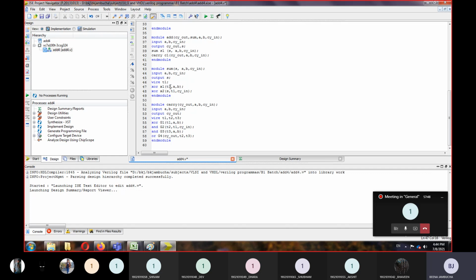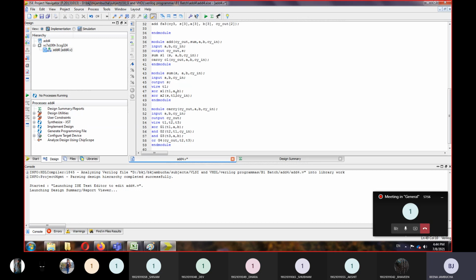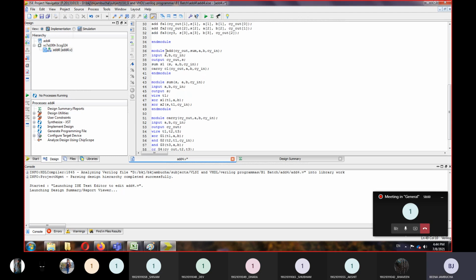Whatever the output is there, it is again XORed with the carry in, giving the output of S, and end module. Now these 2 modules are combined to make one full adder here in add. So here what we are doing, module add जिसका output है it is carry out. एक full adder का जो output है it is carry out.